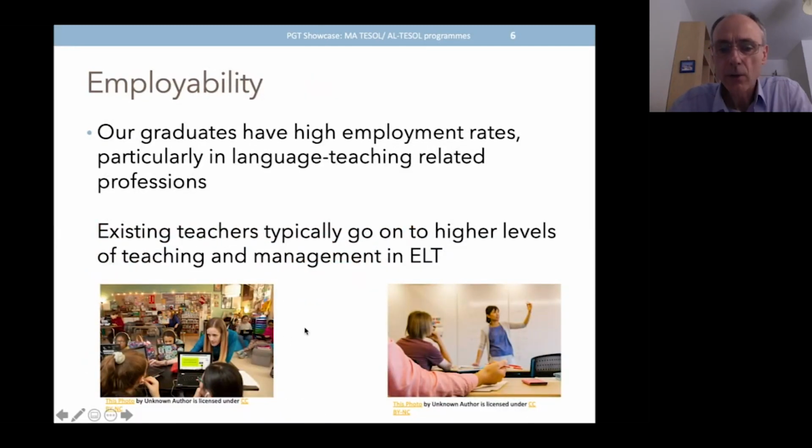Okay, now you may be wondering, well, after I do the course, what kind of jobs can I go on to do? Well, typically, as you might expect, the jobs are to do with language teaching. There could be other jobs. You could go into something more to do with management in a language school or something related to language learning